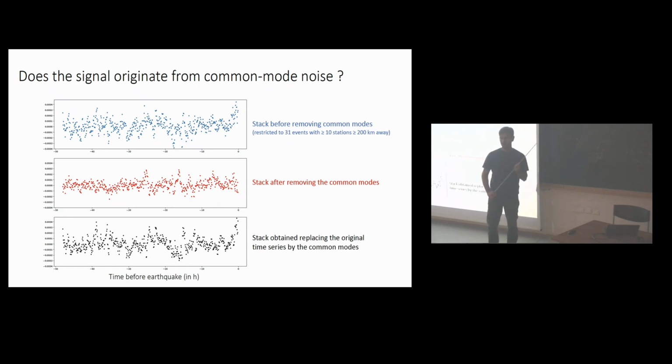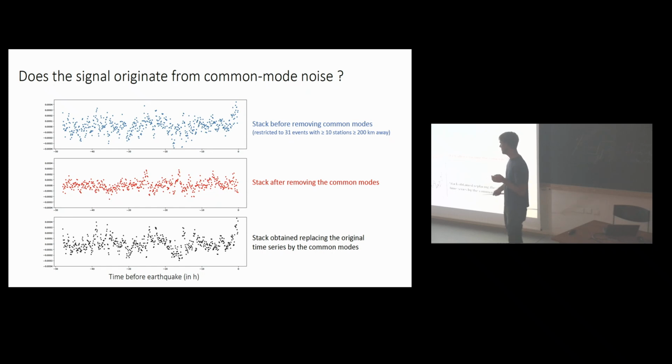But that shows that you have the signal at the stations that are more distant than 200 kilometers, right? Otherwise it's not true. Yes, definitely. Well, it's more tricky than that. Part of the signal, you see it far away. So can you make the area that you discard when calculating the common mode larger? Yes, but at some point you don't have many data left. I played with that, and it doesn't change much the results. You usually see the same trend.